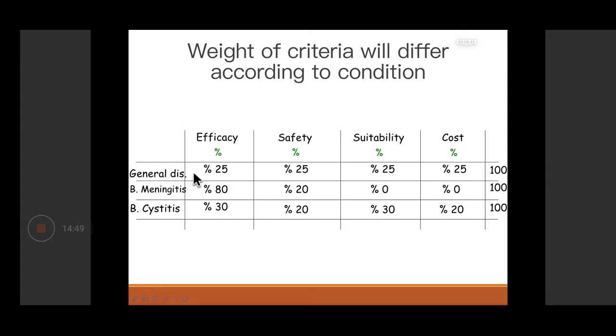So for the management of any disease, you have to score. How much score would you like to give to each of these factors: efficacy, safety, suitability, and cost? So for a general disease, you could give 25% score to all and you reach 100. But for a disease like bacterial meningitis, you would think that it is a very severe condition. So efficacy should be given